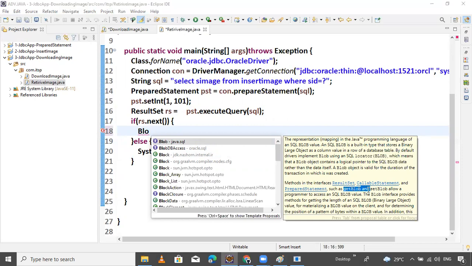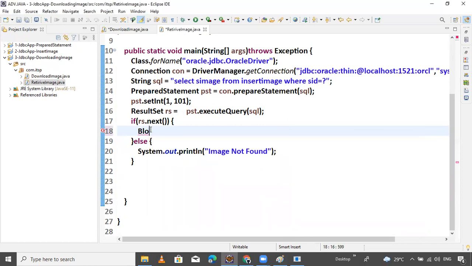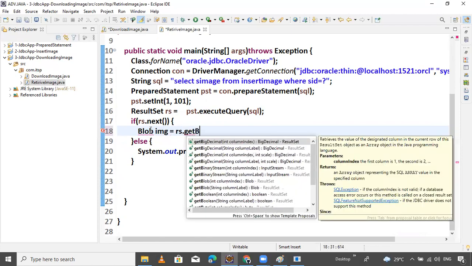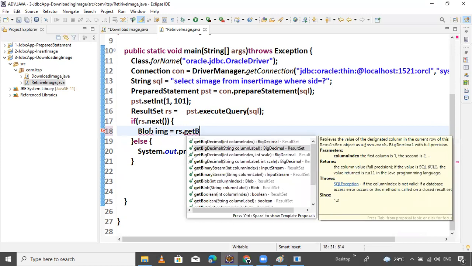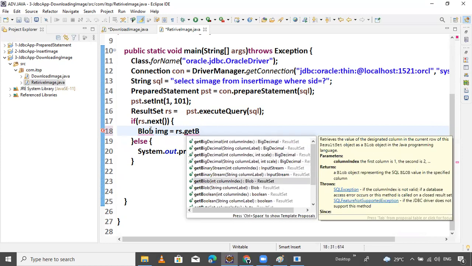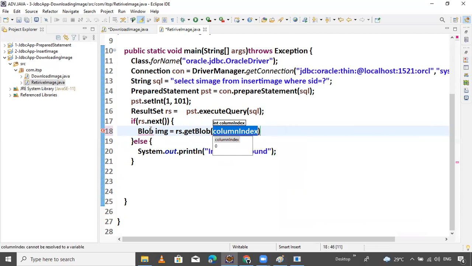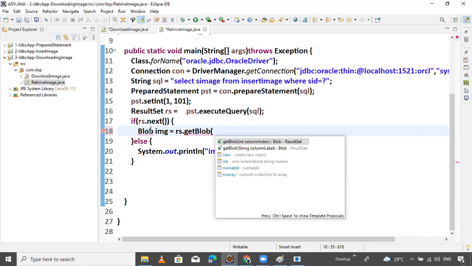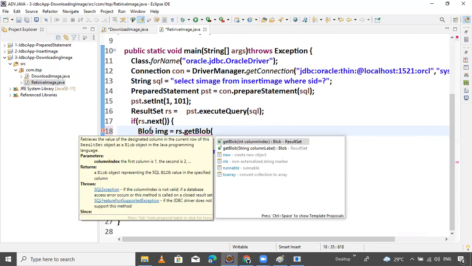These methods are also there, getBlob and setBlob. So here, Blob img equals rs dot getBlob. I want to get the blob data, of which column? Passing an int, passing an integer. We have lots of methods. getBlob with string label or int index.